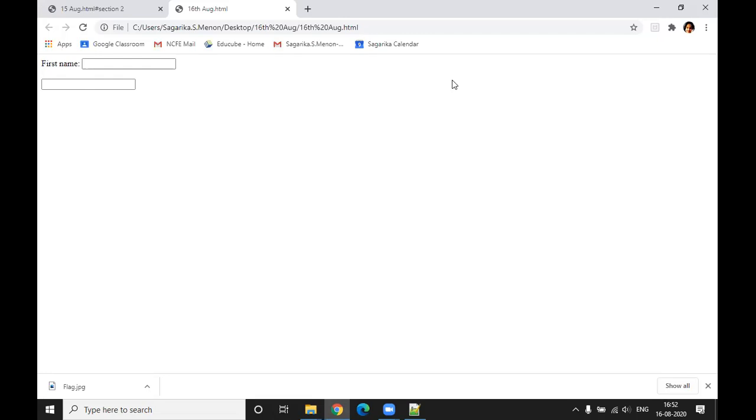Okay. Still, our code is not complete. This label is not bound to this particular box. We should know which box this label is pointing to, this box or this box. I hope you guys are getting me. Yes, sir. So whenever you add a label, we have to make sure it points to which particular text block it is for. To do that, let's go back to our code.